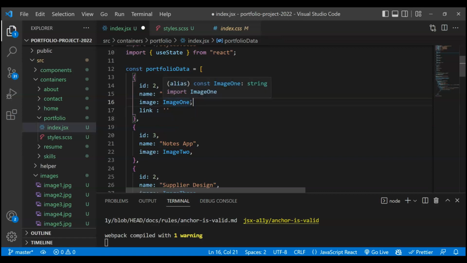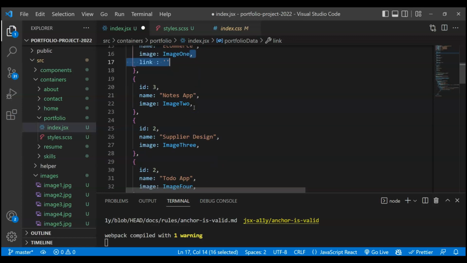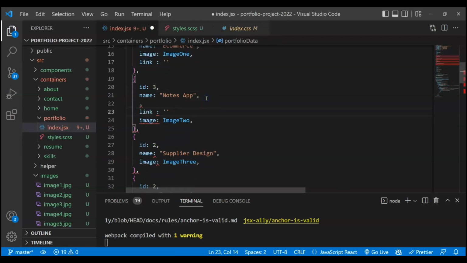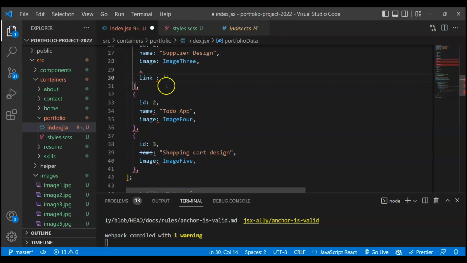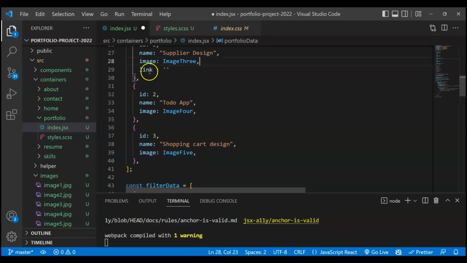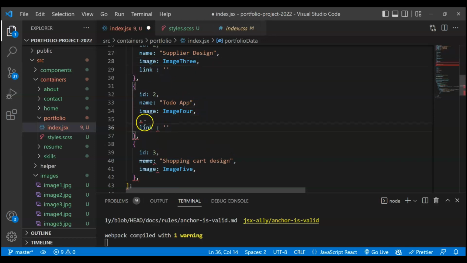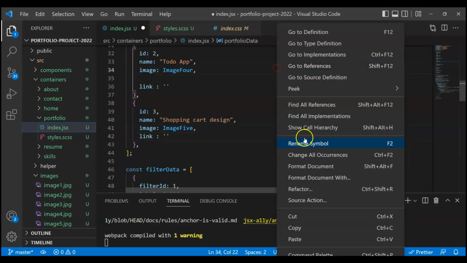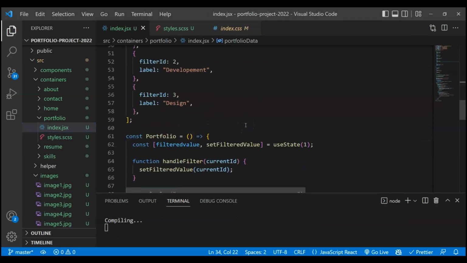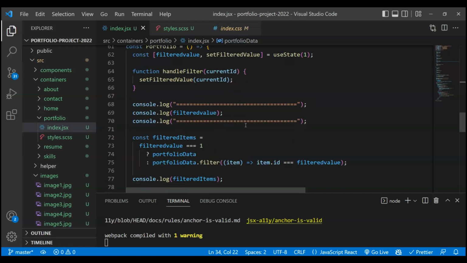So for now I'll just keep it empty for each and every link, because this is simply dummy data that we are dealing with. So this will be comma, so we'll paste it here, we'll paste it here, and also we'll paste it here. That's it. All right, so now next thing what we have to do, basically we have to create another class,